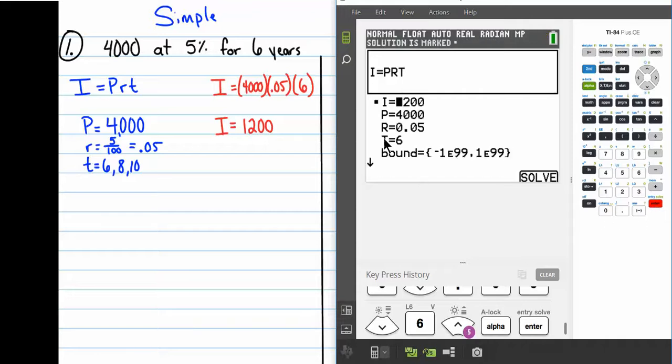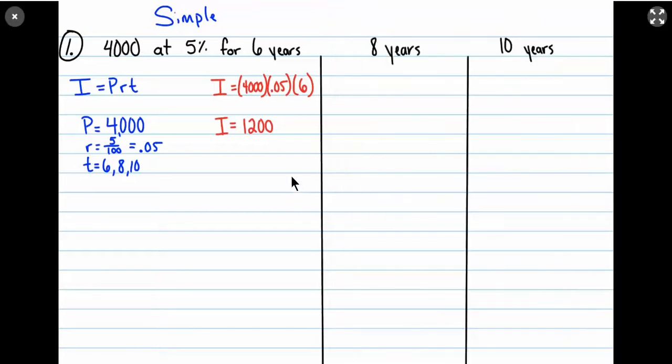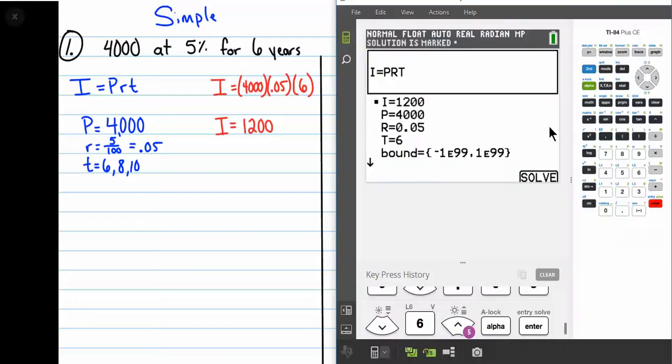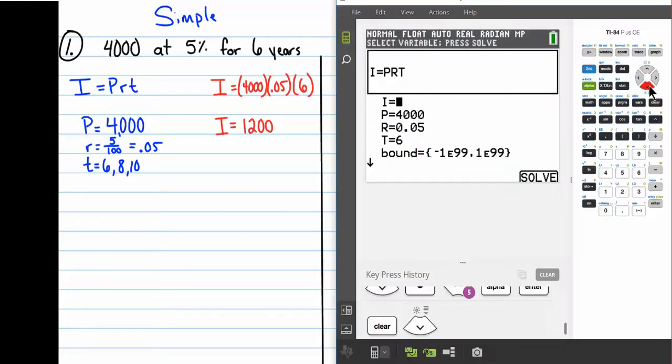All right, and so I get 1,200. Now here's why this is neat. When I go and set up for 8 years, the only thing that's going to change is my 8. So work out the same problem, but change the 6 to an 8. And so I'll go here, and some people clear it and they find that they can't move from there. So if you do clear it, you have to leave something in there, and then you're able to move back down. So I can change that 6 to an 8. And when I move back up,